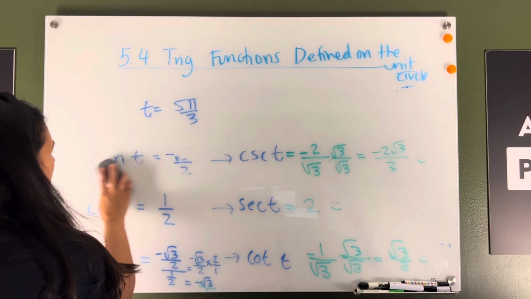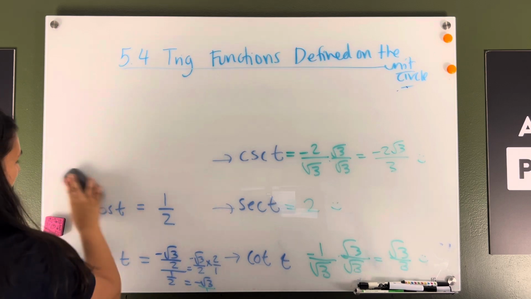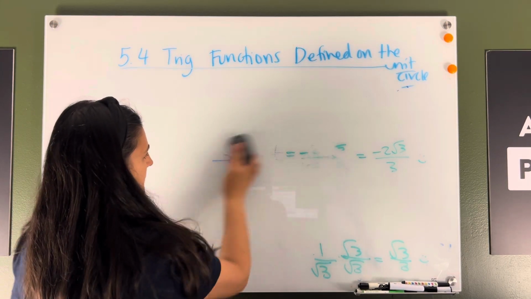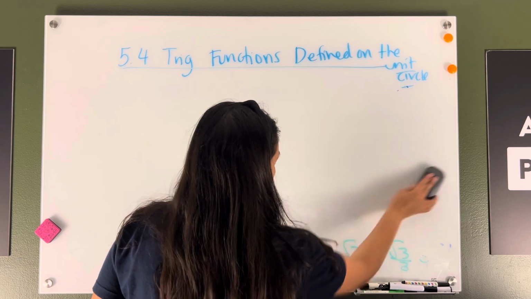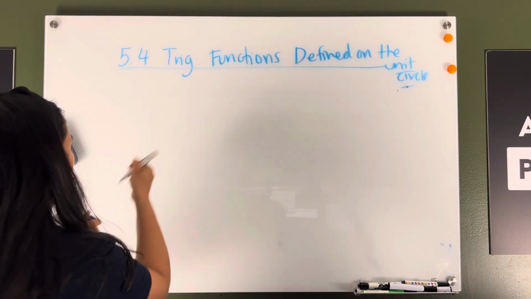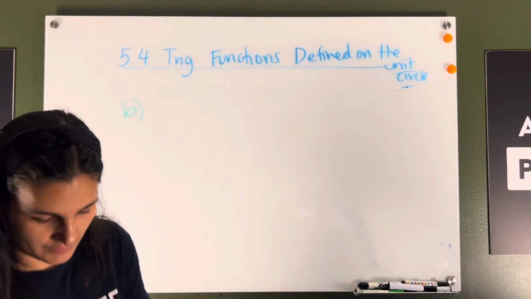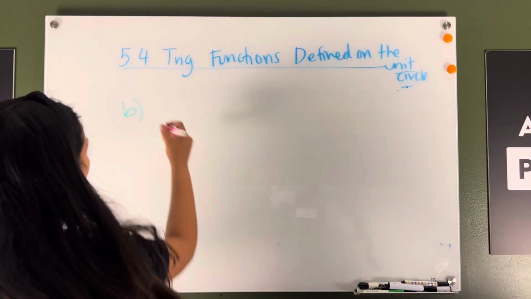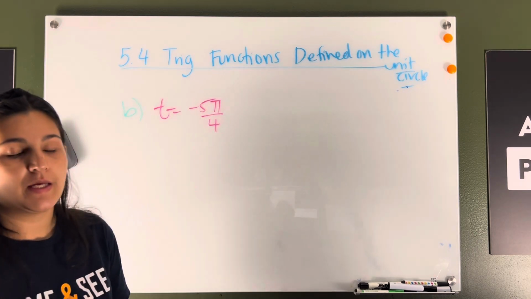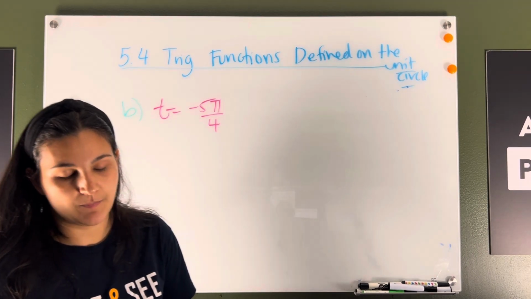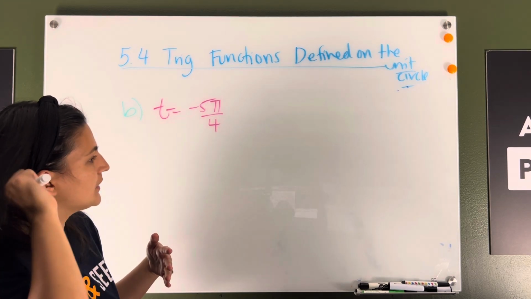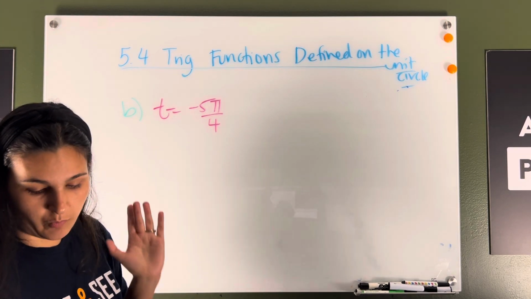But we're still going to be using the unit circle to answer this question, make it a lot faster for us. All we need to know is the coterminal angle, right, between 0 and 2 pi in order to find the x and y coordinate of the point